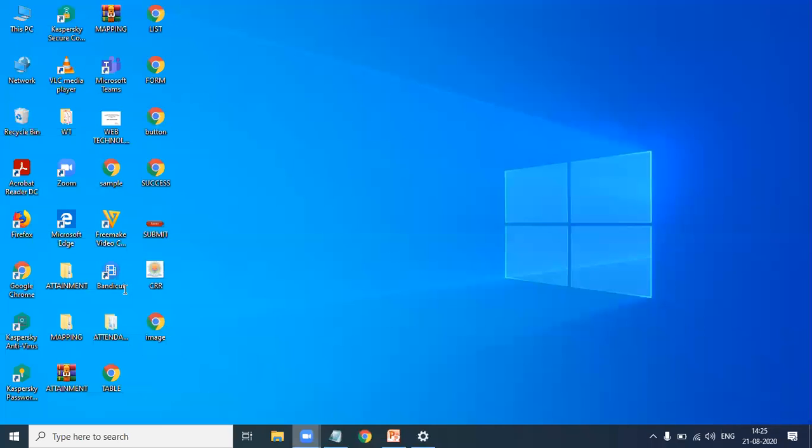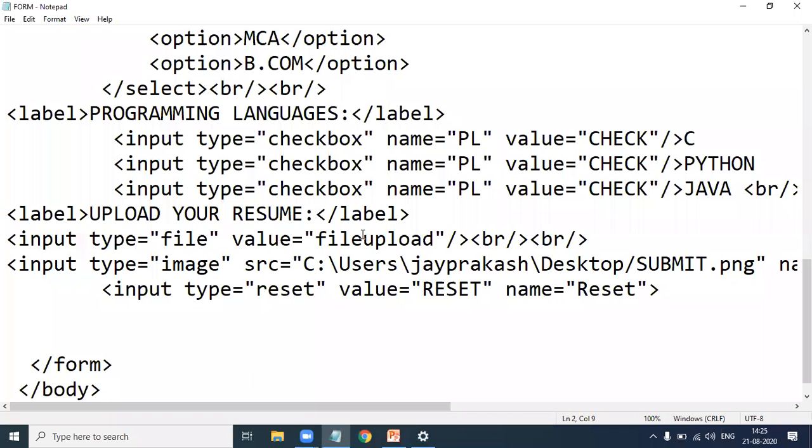Next, input type equal to file, that is, here you have an option to browse a file on your desktop.